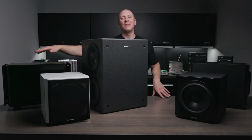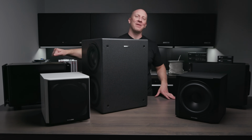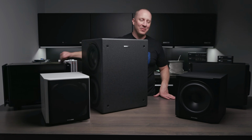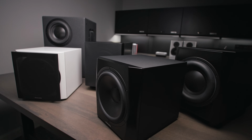This is mine. I have two of these, actually I have three of these at my house. This is the Sub 6. This is from my home garage. I have two of them there, and then one in my home theater in my family room. So, as you can see, I've gone pretty deep into the Dynaudio subwoofer world, and I'll be honest with you,